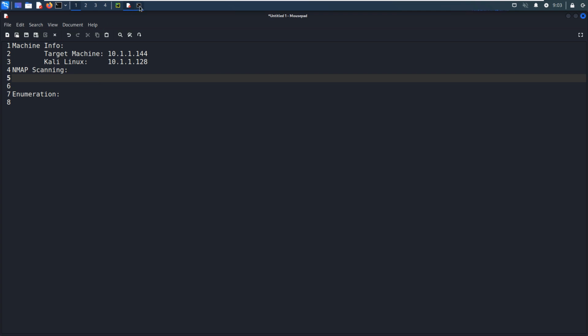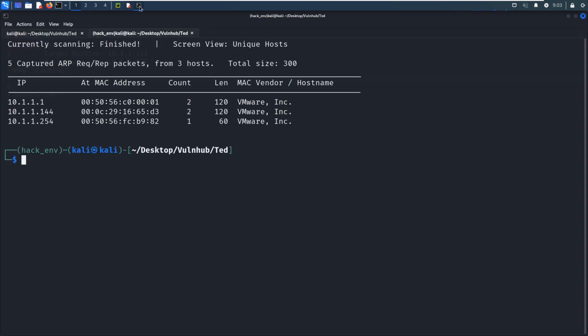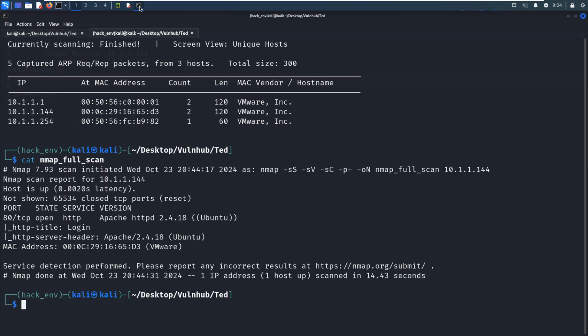So what do we have to do next? We need to do the port and service scanning with Nmap. To save time in this video, I've already completed it before. So for now, we just get out its result. As you can see over here, I used the options like SYN scan, the version scan, the default script scan, for different services.